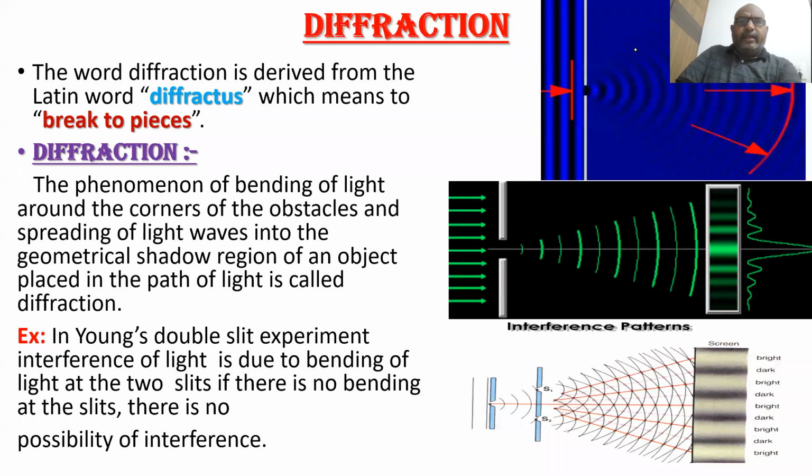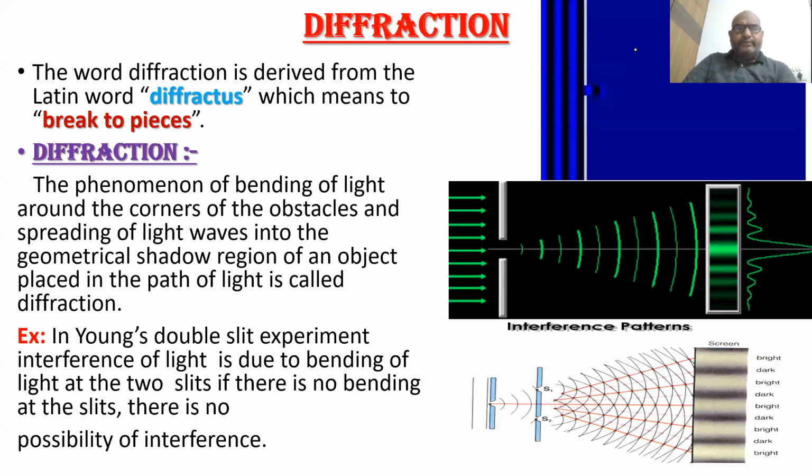Diffraction is the bending of light waves around the edges of an obstacle. The phenomenon of bending of light around the corners of the obstacle and spreading of light waves into the geometrical shadow region of an object placed in the path of the light is called diffraction. The best example of diffraction is